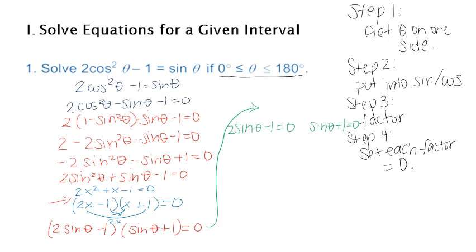So for the 2 times the sine of theta minus 1 equal to 0, I'd have 2 times the sine of theta is equal to positive 1, or the sine of theta is equal to 1/2. And over here on the right-hand side, I have the sine of theta will be equal to -1. Now, if you recall back in chapter 12, what we did when we had situations like this